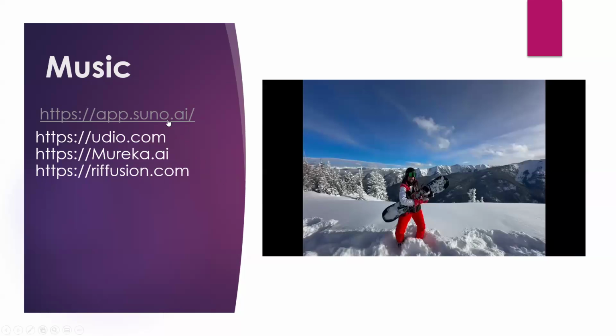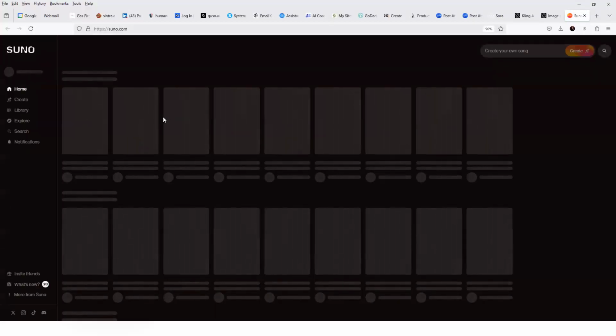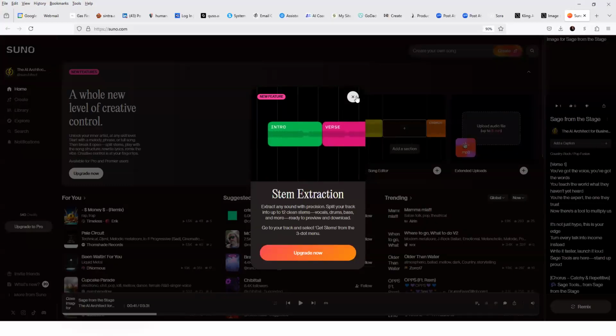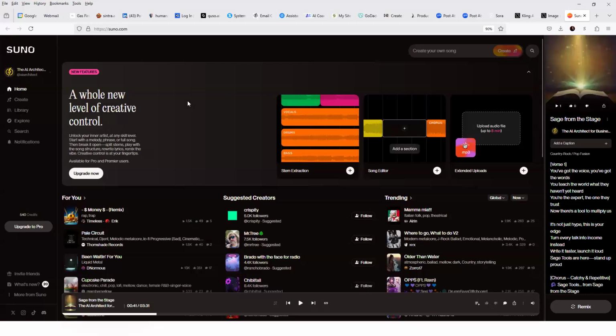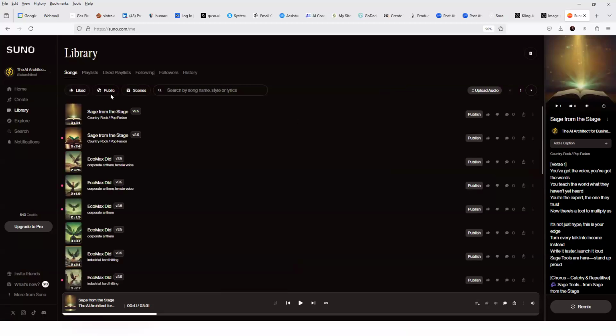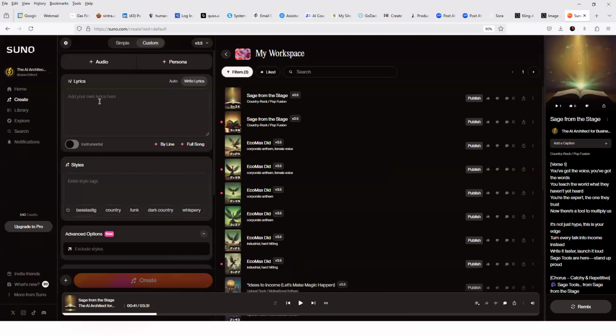Let's actually go to Suno.ai. They all work similarly, so experiment with them, try them. They all offer free options. If I go to the library, I can see some of the songs that I've created, but on the left menu, I'm just going to hit create.